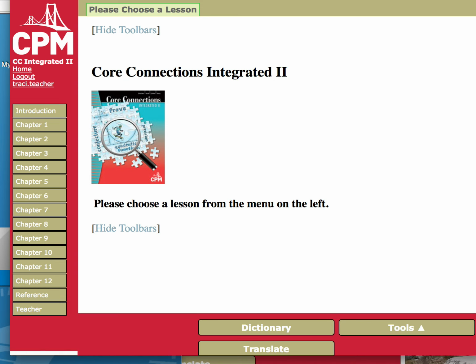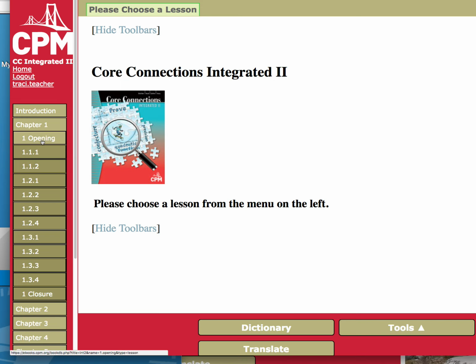So this is your online book, and you're going to click on the different chapters here. So the way the CPM book is organized, it has a chapter, a section, and then a lesson. So there'll always be 3 numbers associated with it. So let's go ahead and look at chapter 1. So when you click on chapter 1, you can see that it pulls up all of the different sections and